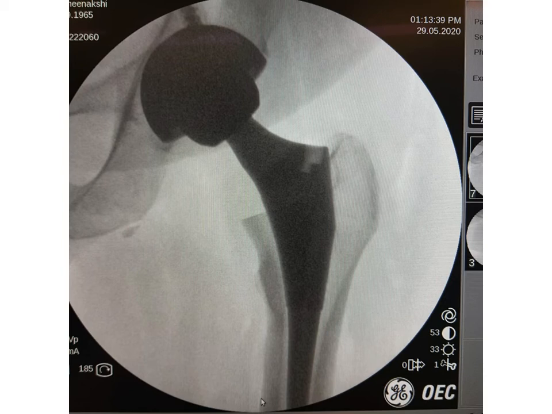You'll see that I've seated the stem enough. Is this good? The stem seems to be in little more varus than I would have expected. An important thing to note here is that it appears that the stem is undersized, but we had to ream to even get this stem in, which is the case in most femoral canals.